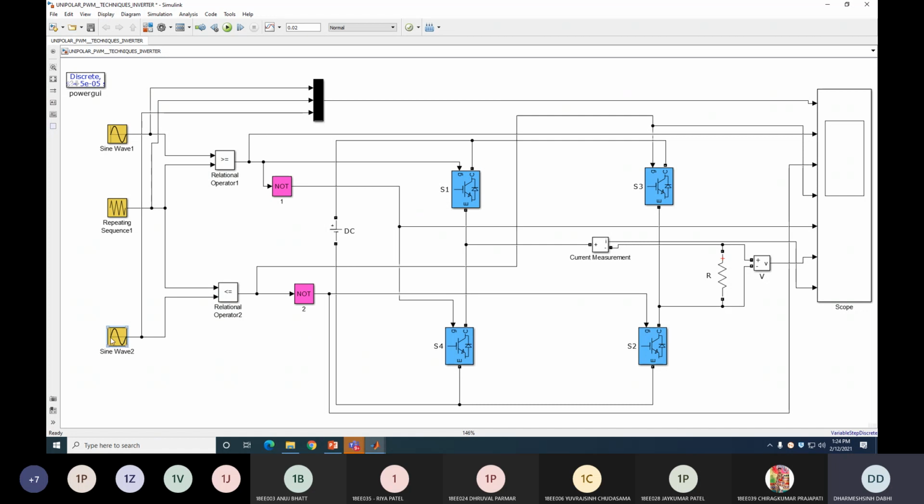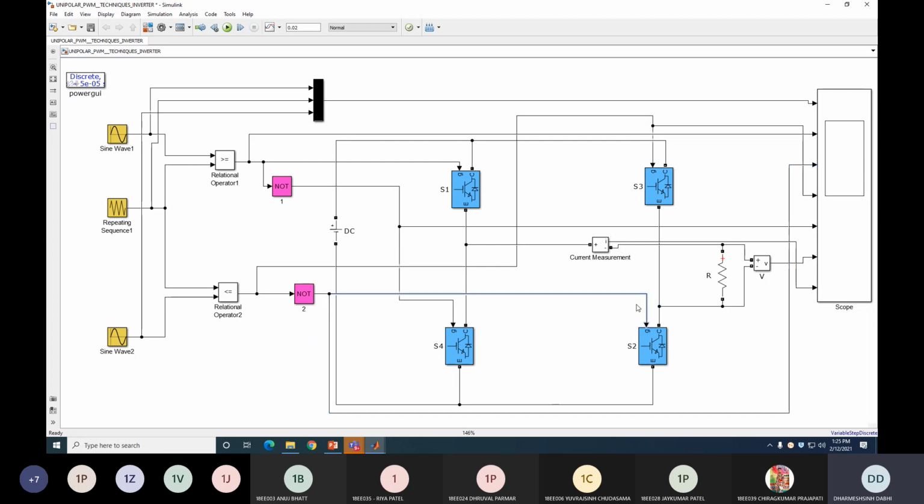Same way here I compare this negative sine wave with this triangular wave. Here I use the relational operator less than or equal to because my first input is the triangle wave and the second input is the inverted sine wave. So when the sine wave is greater than the triangle wave, or you can say when the triangle wave is less than the sine wave, it generates the output and that output is the gate pulse for switch number S3. You can see that the output is applied to the gate of switch number S3 here. And exactly complementary of this gate pulse is applied to switch number 2. You can see that the output is applied to the NOT logical operator and its output is applied to this gate terminal here.